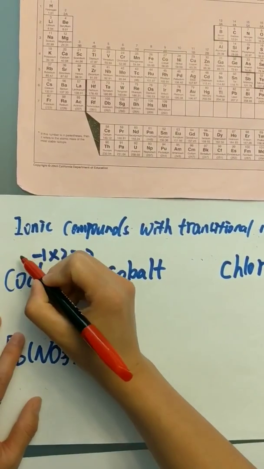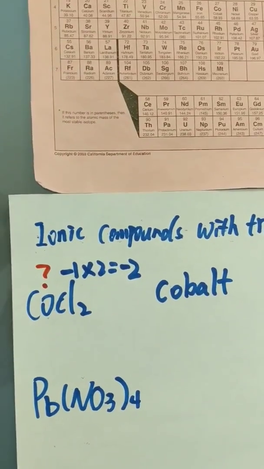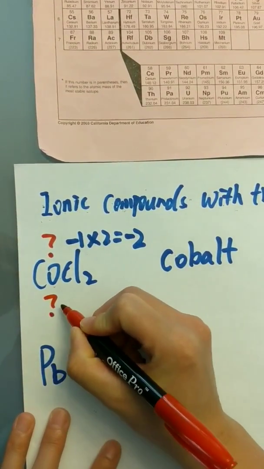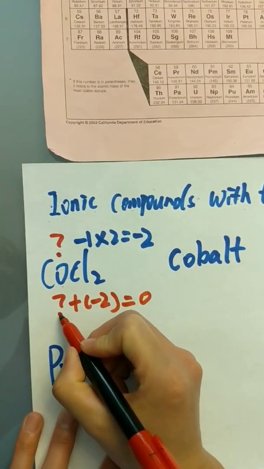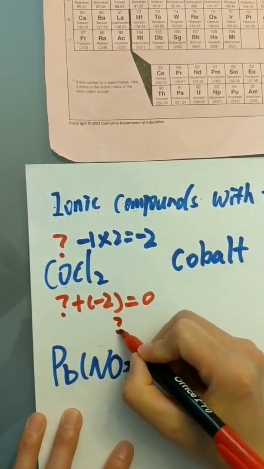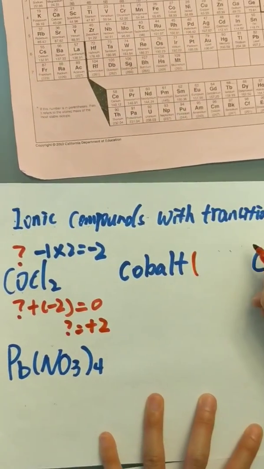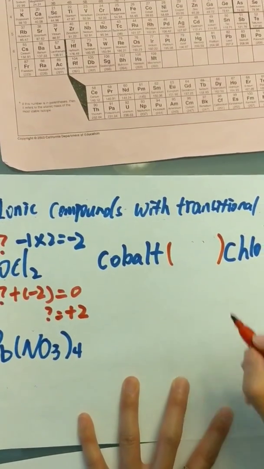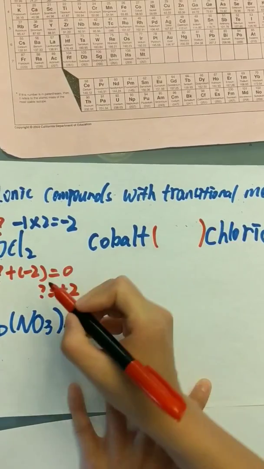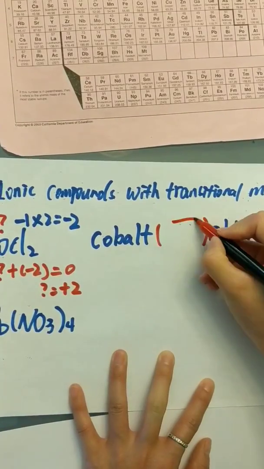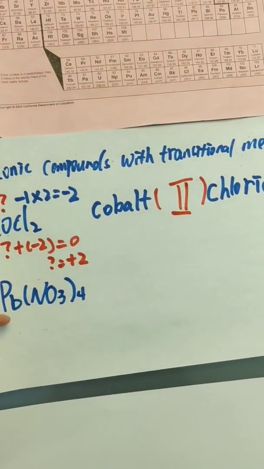We don't know how many charge in cobalt. So that is question mark plus negative 2 equals 0. How many cobalt here? That means positive 2. So we should use a parenthesis between these two elements. So cobalt, the charge is 2, so write it down. Let's move to the next one,